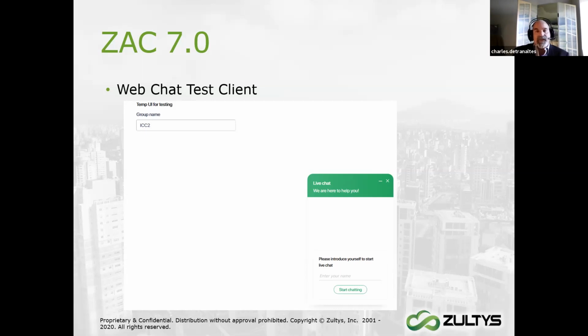Again, this allows you to not have to fully integrate code onto the website and still be able to test and operate the web chat functionality. I'm very excited about this. I think from a training and implementation perspective, this will pay dividends for you. A much smoother rollout when you do implement web chat.